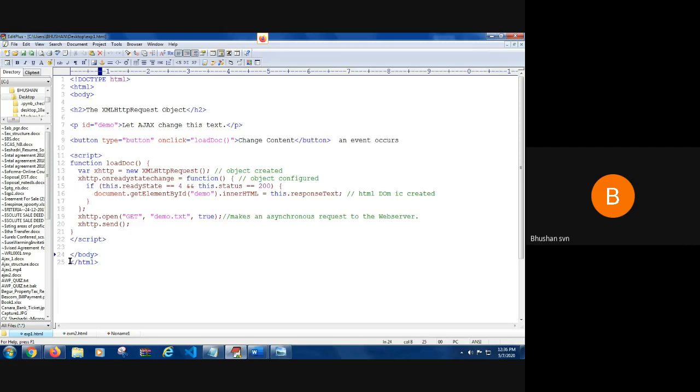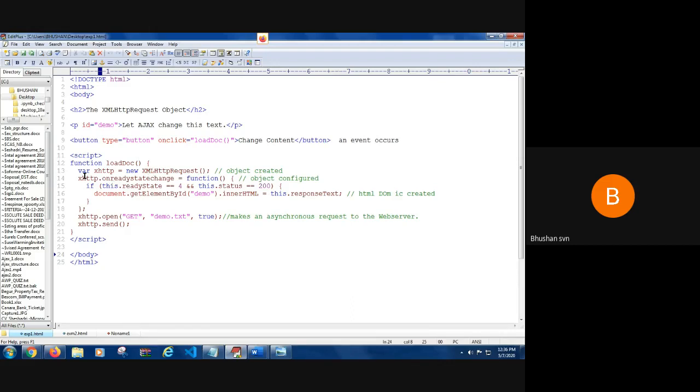Now I have a script. A function is a keyword used in JavaScript. I'm loading that function, and these four things will define what the function is. The first thing is, after having the event, you have to create an object of the XML request object.